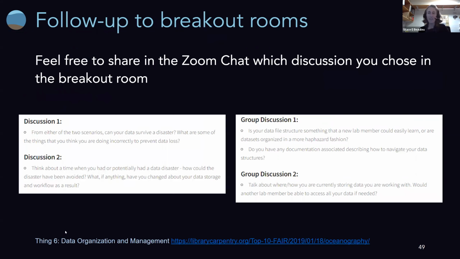We'll come back after the breakout rooms and we'll ask learners to share in the chat which discussion they chose. Maybe we'll learn that there was some convergence in a room on how to solve the challenge. Maybe there was a divergence in the room. Maybe there was an opposition on what was the best way to do something.